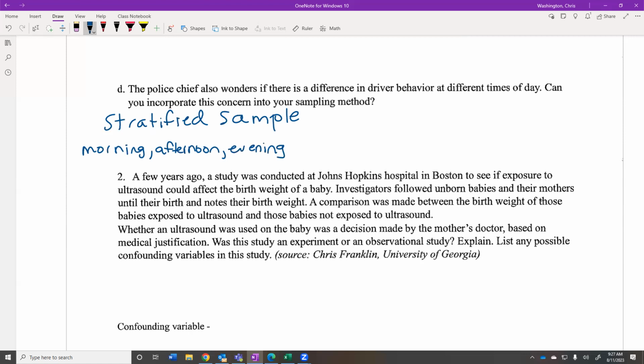Morning, afternoon, and evening, and we could randomly select 2 hours out of each of those times. So 2 hours in the morning, 2 hours in the afternoon, and 2 hours in the evening. We could randomly select those. Other examples that I thought of, maybe you could do heavy commute times,